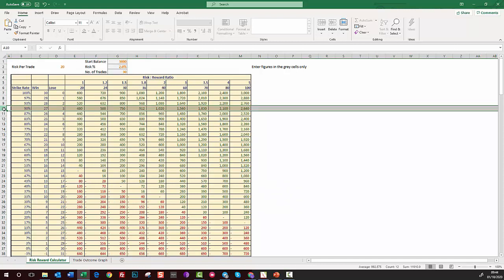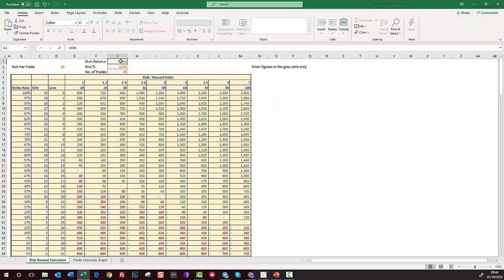Show me a system out there that's got a 90% strike rate of 2-to-1 and I'll snap your arm off and give you £1 million for it. Doesn't exist. You're not going to hit that. All these EAs out there that say they've got a 90% strike rate, they'll be scalping 1 or 2 pips out the market and using no stop loss or using a negative risk reward ratio, which at some point will fail. So you can use this to see realistically what the potential of your balance is going to be